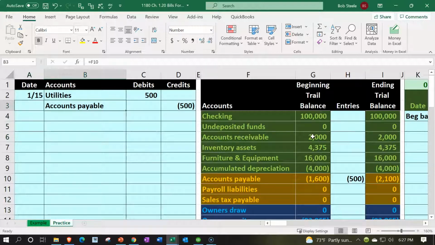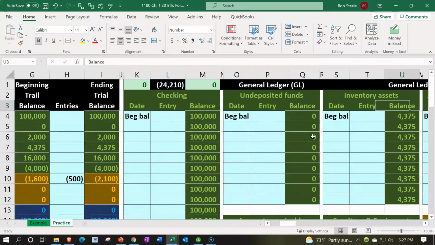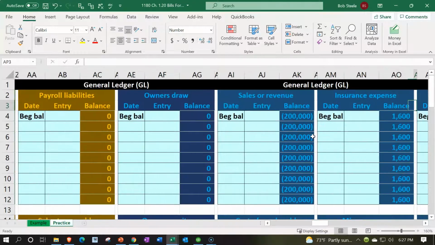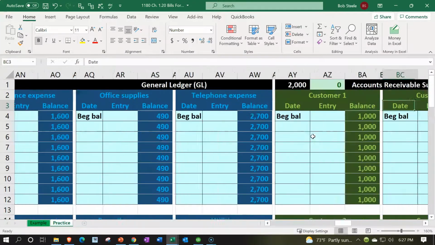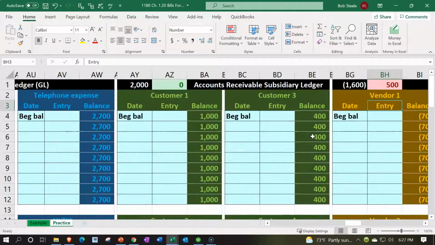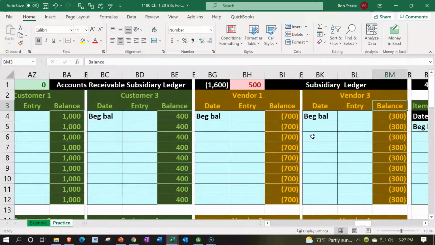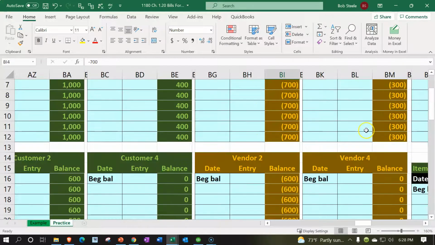So I'm going to post the same accounts payable to the accounts payable subsidiary ledger, which we put way on the right, past the general ledger. So way over here, past the GL. There's the accounts receivable subsidiary ledger. Here's the accounts payable subsidiary. So we've got our vendors here. This vendor had 700. Let's say it's called vendor 4, which might be like the utility company. I won't change the name of the vendor, but let's just say the utility company is vendor 4,